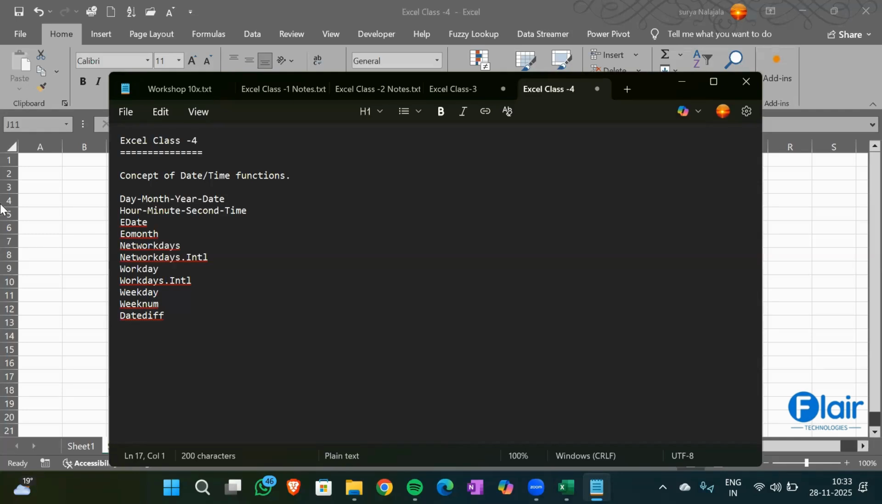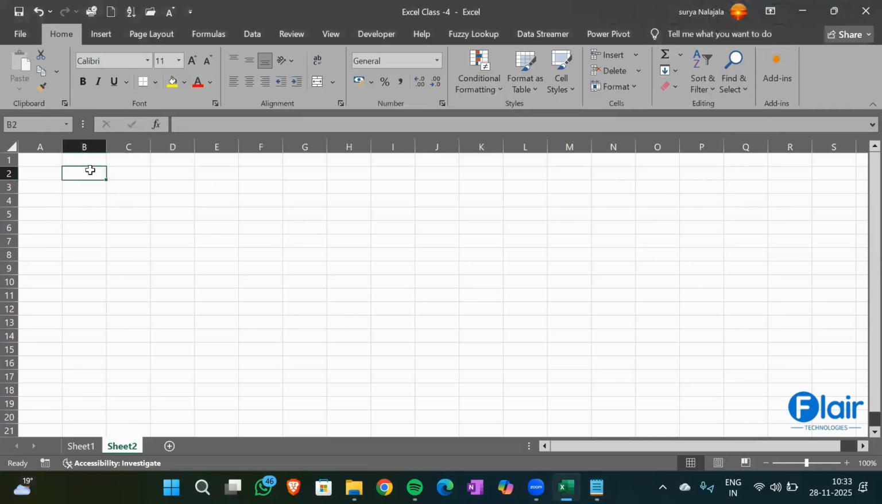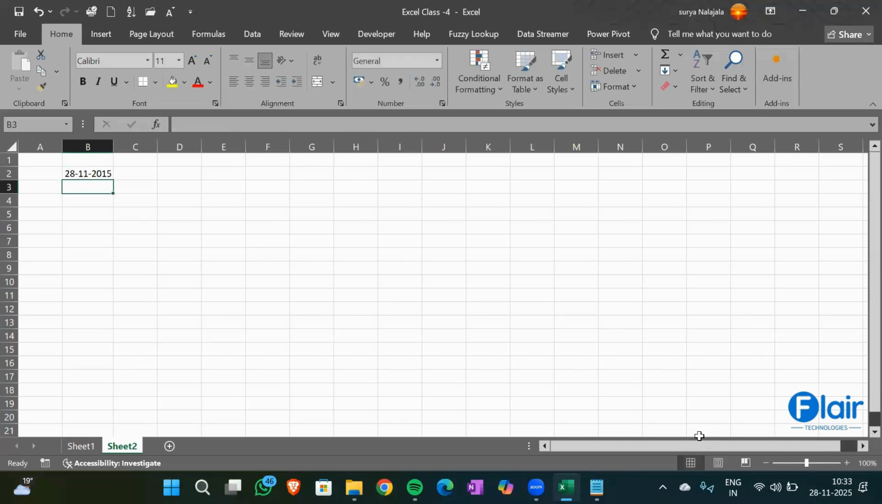See, in Excel, basically, see here 28/11/2025. That is today's date actually, right? Sorry, it's not 2015, it's 2025. See here, 28 is the day, this is the month, this is the year. So generally in India, we write the date format like this. But in the US, they write the date format like this: